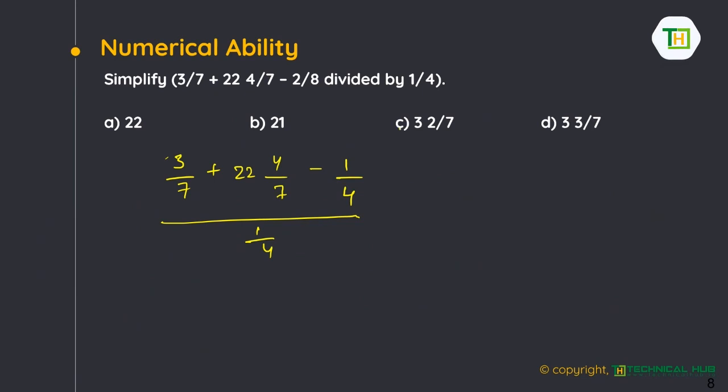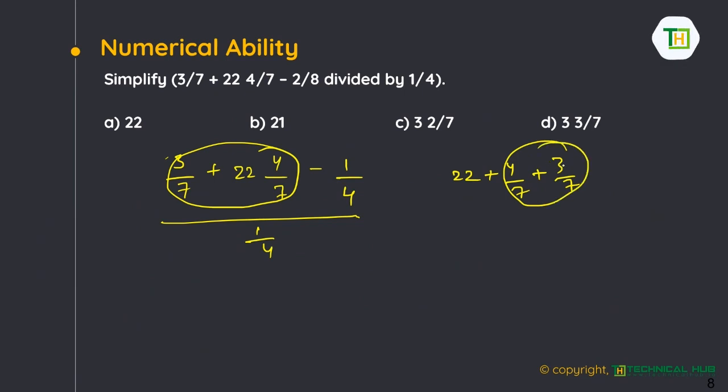And next, if you observe, see here, 3 by 7 plus 22 4 by 7. If you add these two, what value do you get? 22 4 by 7 is nothing but 22 plus 4 by 7, plus 3 by 7. 3 by 7 plus 4 by 7 is 7 by 7, that value is nothing but 1. 22 plus 1 is 23. Minus